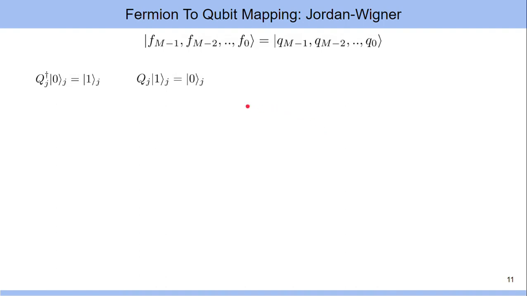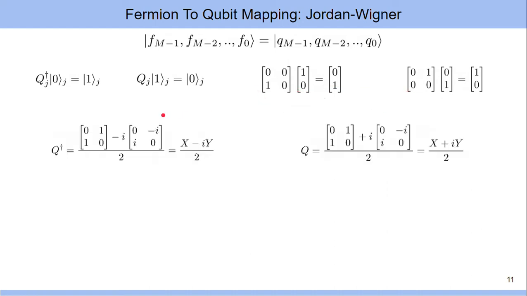Hence, Qj and Qj dagger can be thought of as quantum gates, which can be expressed in these given matrix forms